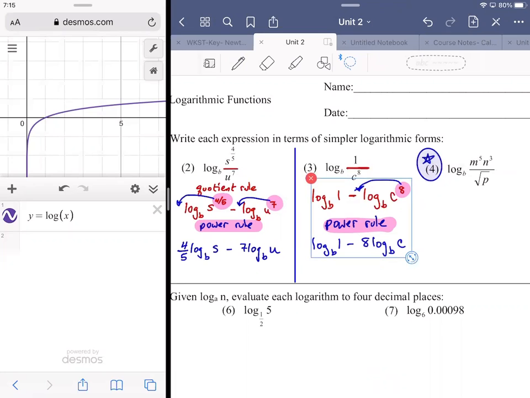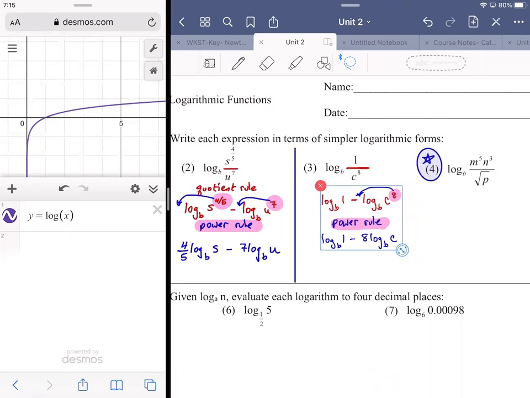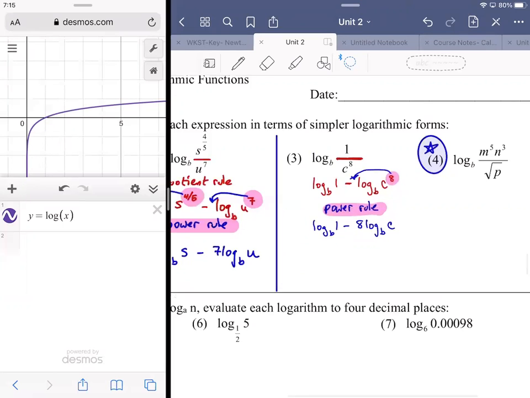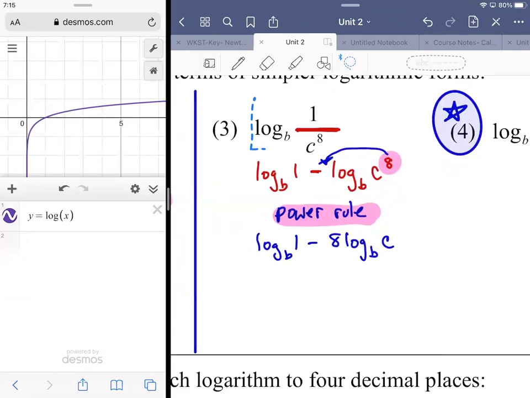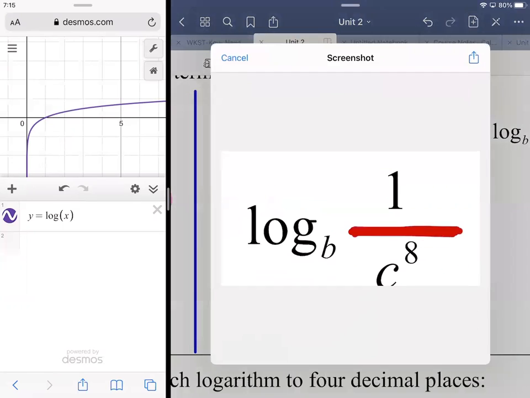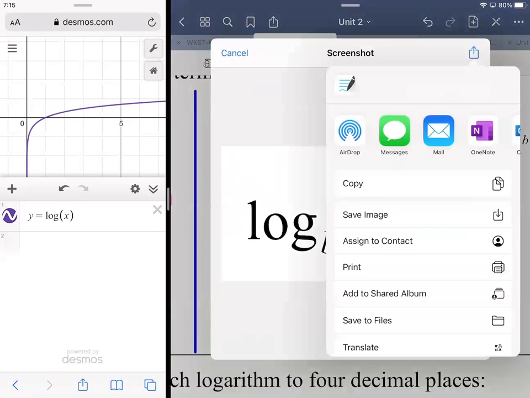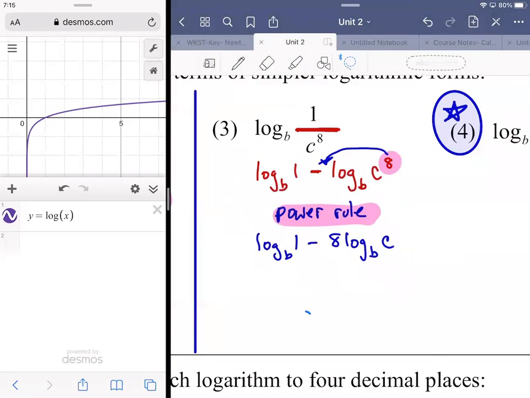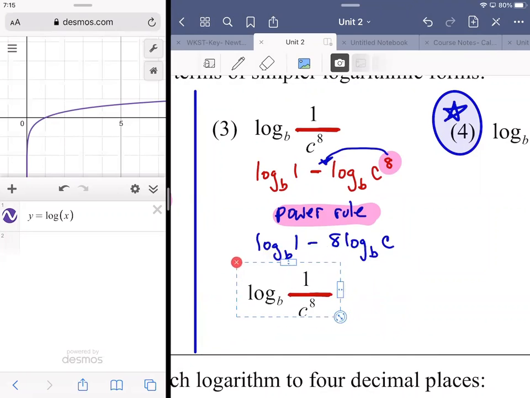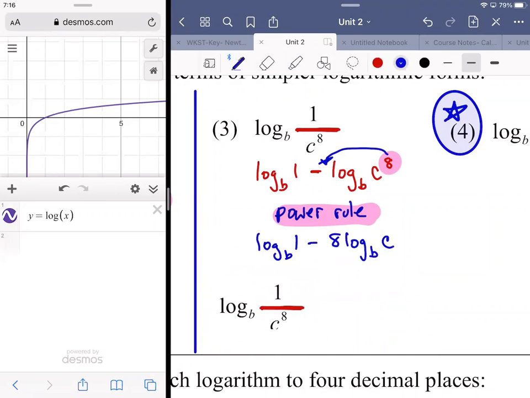And in showing you the other way to do it, you'll see that we could actually go further with this one. All right. So I'm going to take the same problem right from the beginning. Close enough. Right from the beginning. When it gets late in the evening, I start speaking in sentence fragments. It gets pretty weird. All right, so log base b of 1 over c to the 8th. Now, 1 over c to the 8th,